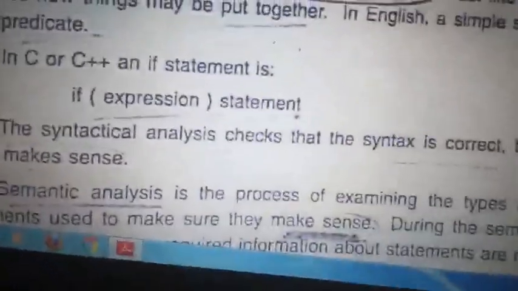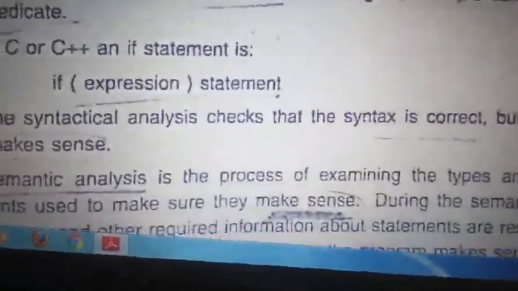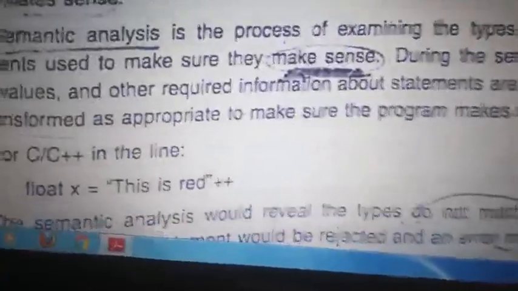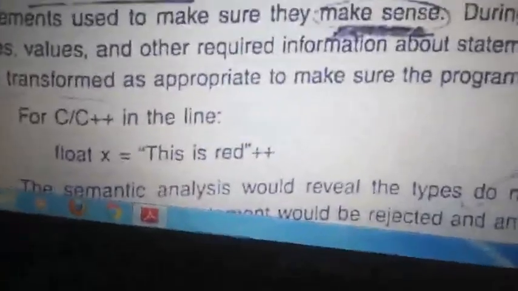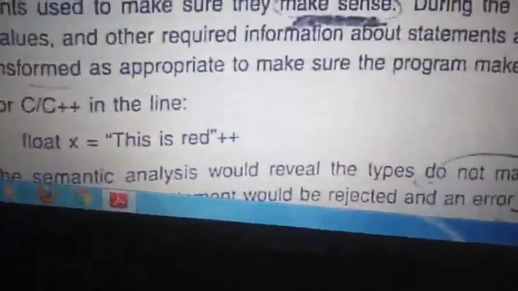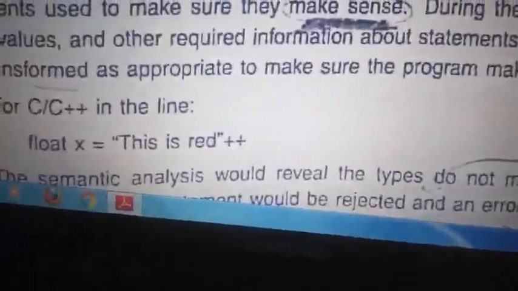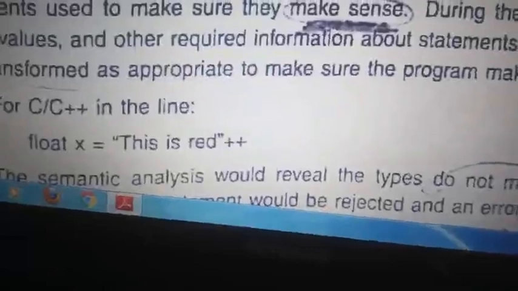Whereas semantic analysis is the difference between syntax and semantics. Semantic analysis means it makes sense. Whatever you are writing, it's about the logic. If you declare float x, you can't then treat it as a character, so this is flagged in red. In that place, if you have a++, then it's okay.